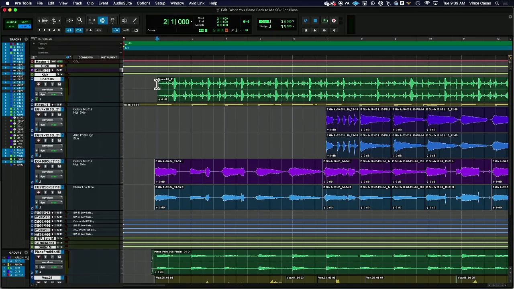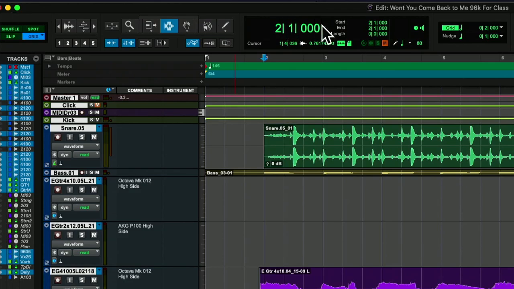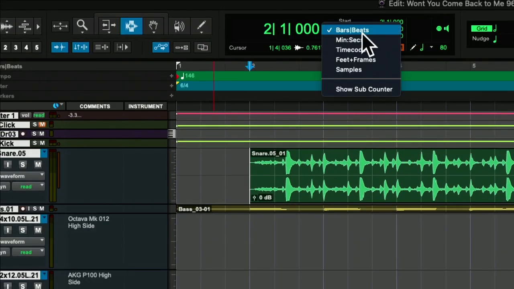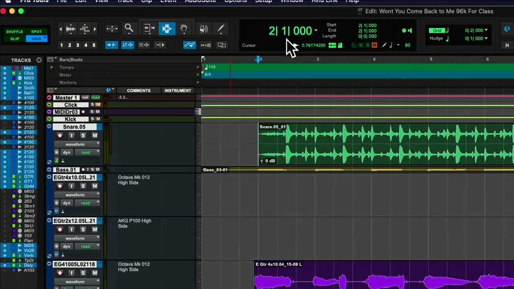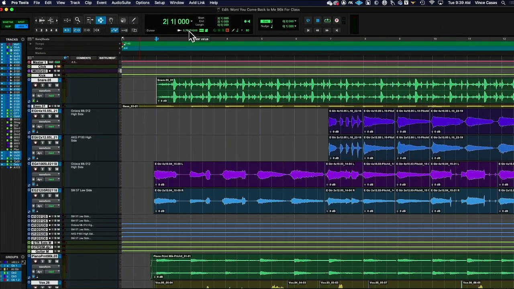Let's take a look at grid mode. Grid mode is going to allow us to do a lot of great things, but in order to use it effectively, we have to go to grid, and then we have to go to our counter and switch to bars and beats. Now, grid mode is really only effective if the original audio was recorded to tempo, meaning you know